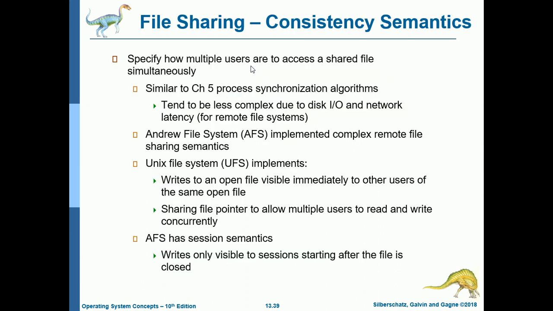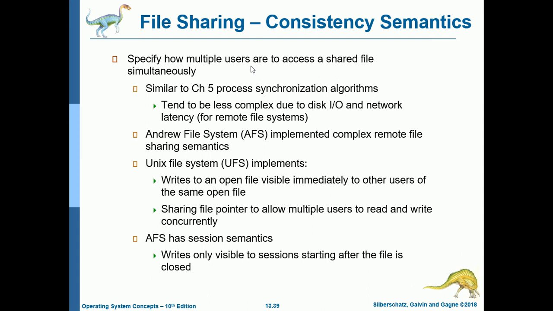Okay, next is consistency semantics for file sharing. These specify how multiple users are to access a shared file simultaneously, similar to Chapter 5's process synchronization algorithms. It tends to be less complex due to disk I/O and network latency for remote file systems. And then there is a file system called Andrew File System, or AFS, which implemented complex remote file sharing